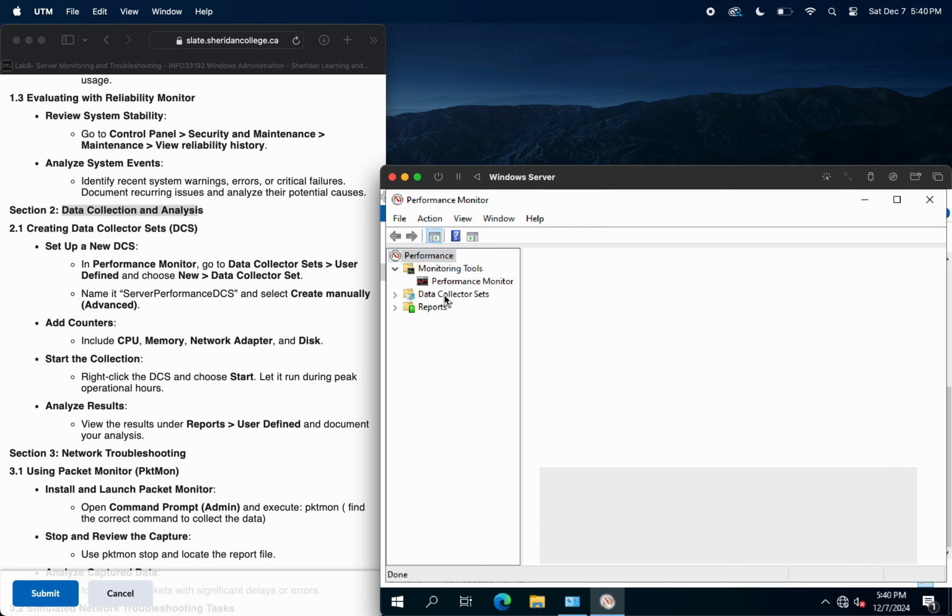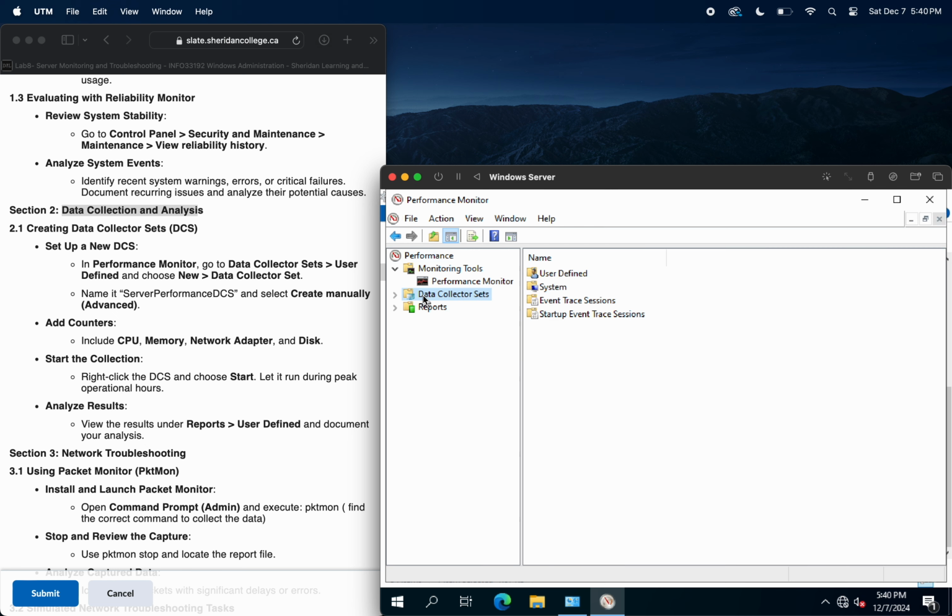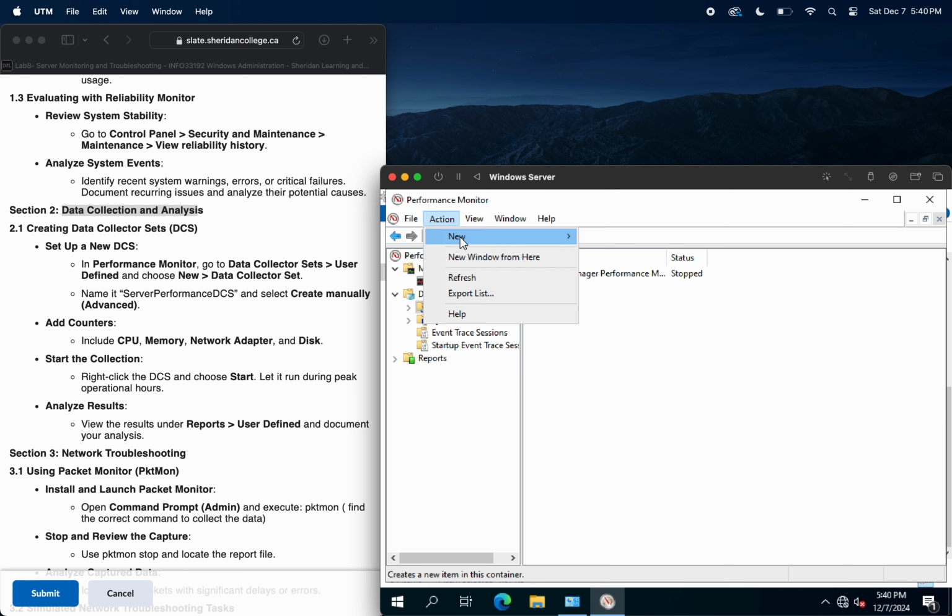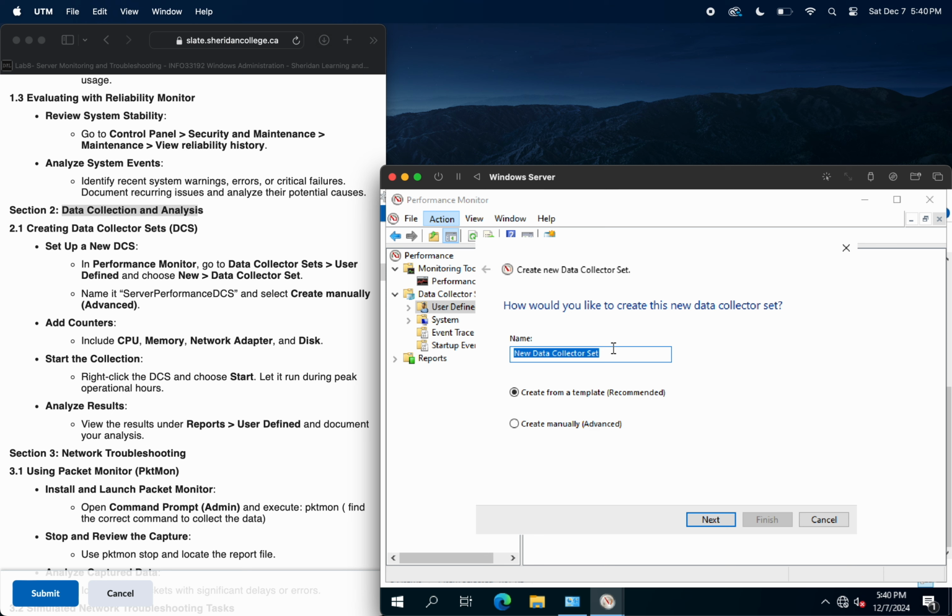To create and analyze a data collector set, DCS, for monitoring system performance, I started by opening Performance Monitor and navigating to Data Collector Sets, selecting User Defined. From there, I chose New and then Data Collector Set. I named the set Server Performance DCS to align with the task's focus and opted to create it manually using